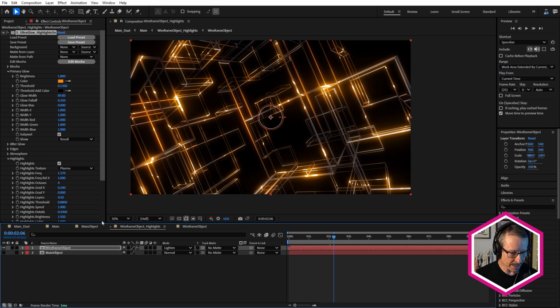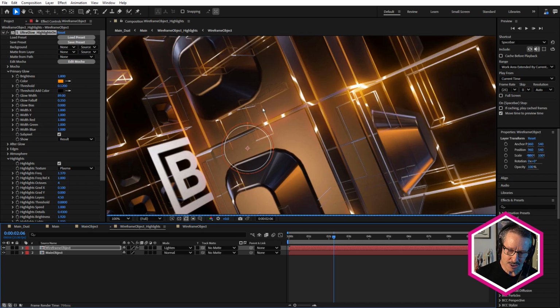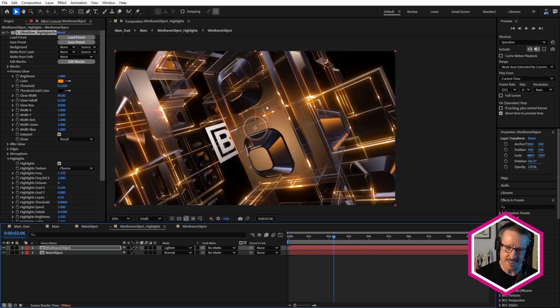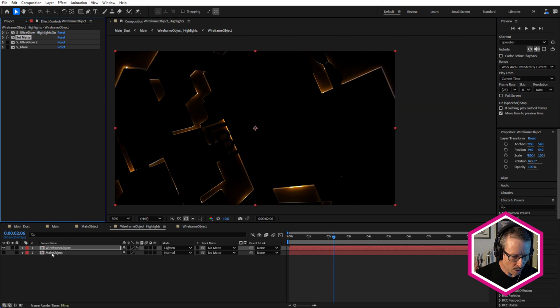And once I did this, I thought, that's fabulous. But if I'm going to lay this over the top of the main object, then you're going to see all the background wireframe on top of this, and you're going to lose the effect. So I had to think of a way to be able to get those nice glints, but not have this looking like two layers laid on top of each other. So what I did was I used Set Matte. With Set Matte, this is why I've got the main object in here, because I used Take Matte from Layer, Main Object,